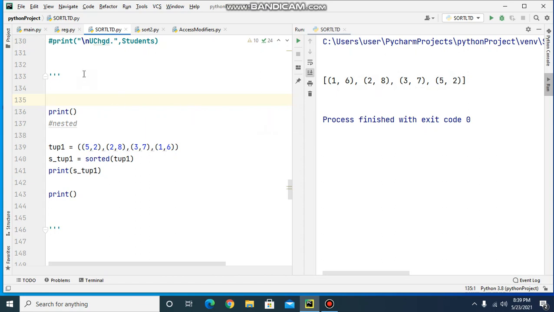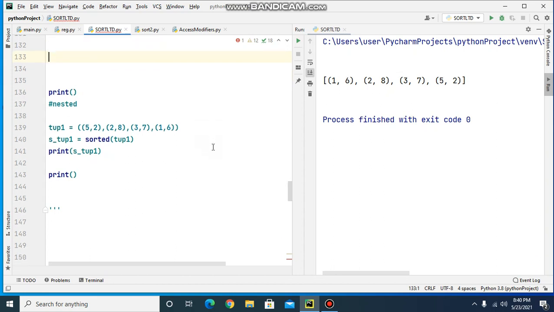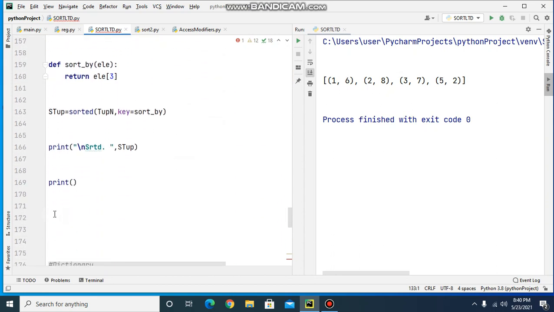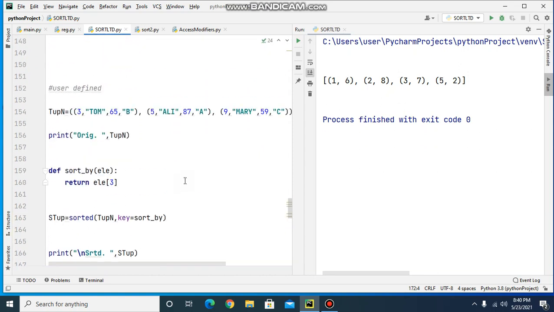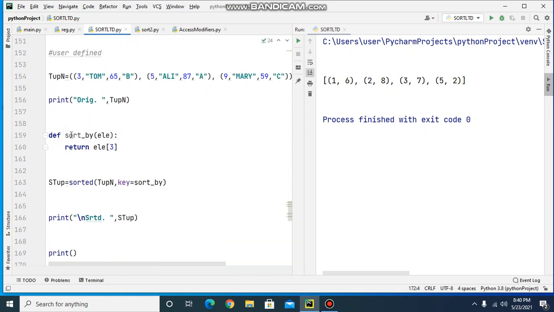Now if I want to sort according to second or third elements, we need a user defined function, just like in the case of list. So here we are having this user defined function sort by, and I am specifying the index as 2.